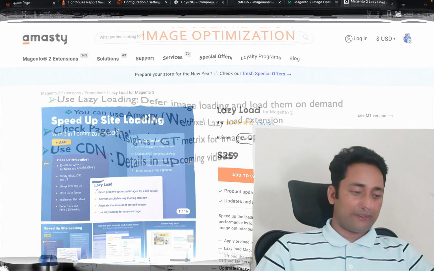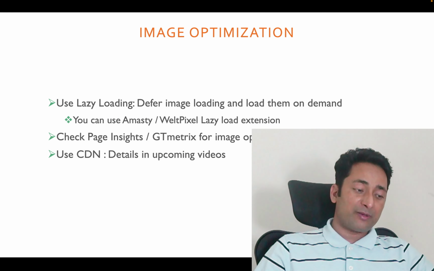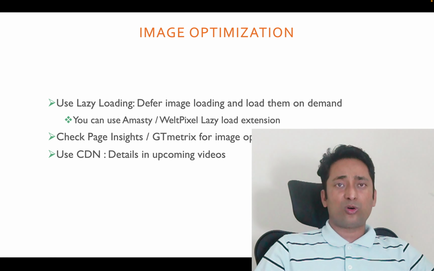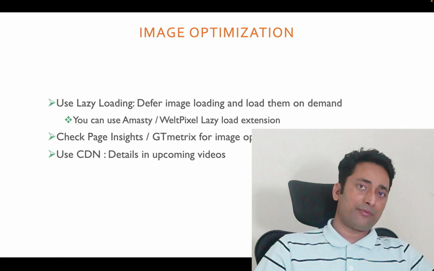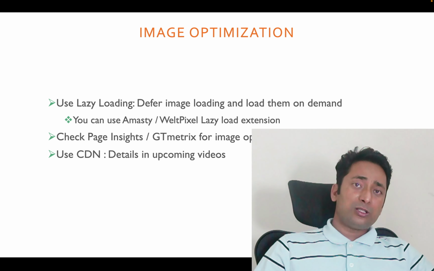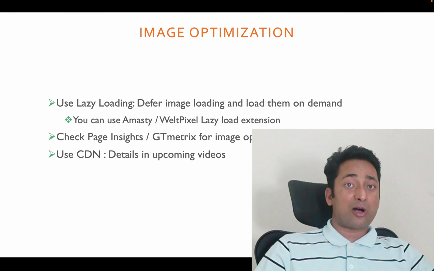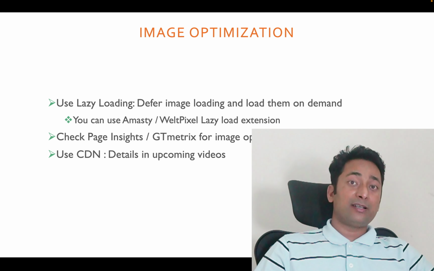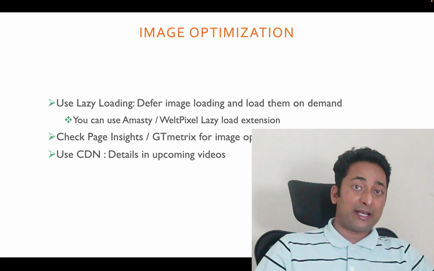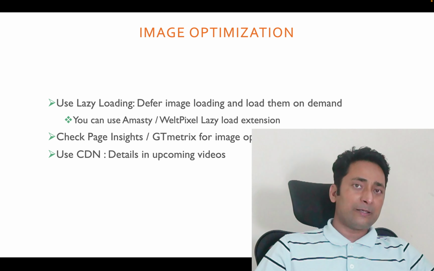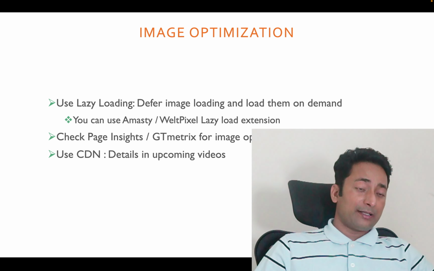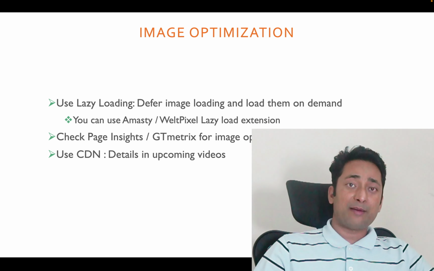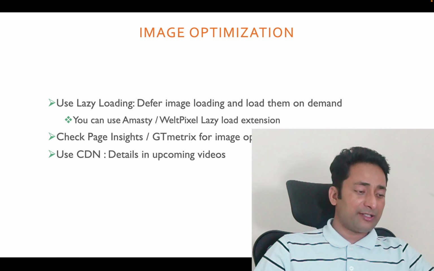Another thing that we should review in terms of image optimization is the suggestions provided by PageSpeed Insights or GTmetrix, wherever we are testing our website for page load. These tools also provide a lot of information about specific images. Let's say we are on the home page of the website and some banners are uploaded in the wrong format or they are huge in size. Then in those cases these tools give a suggestion: okay, the following images are huge in size, they have an opportunity for optimization, please optimize them and upload.